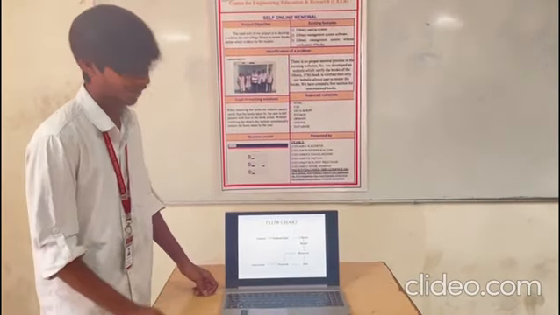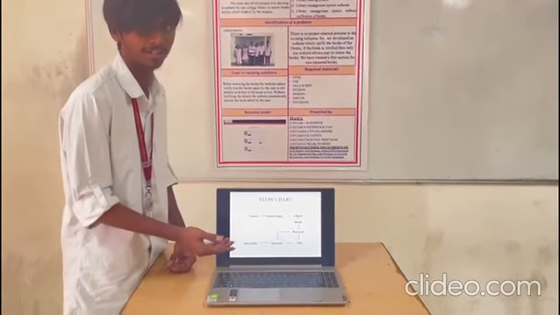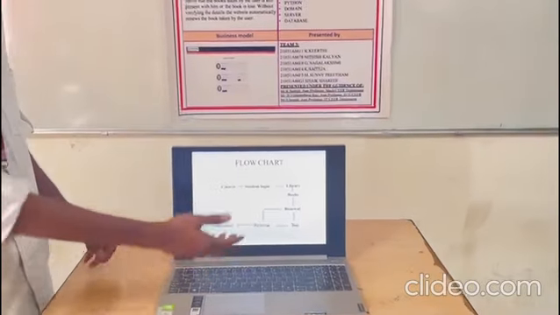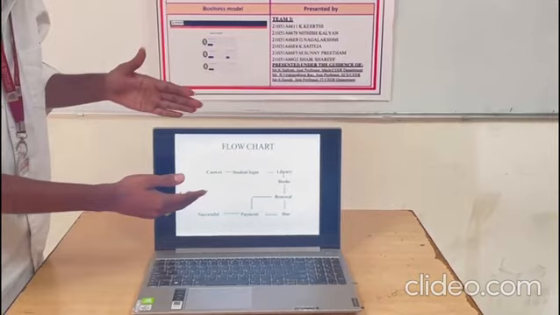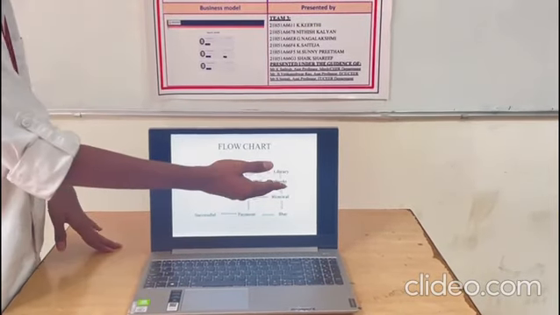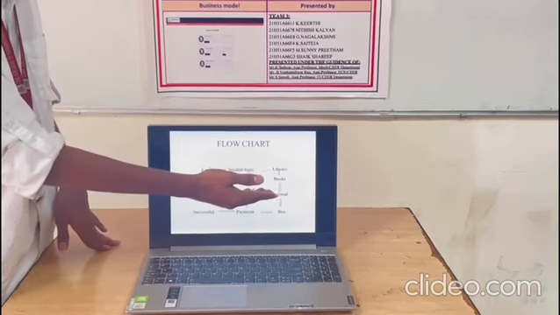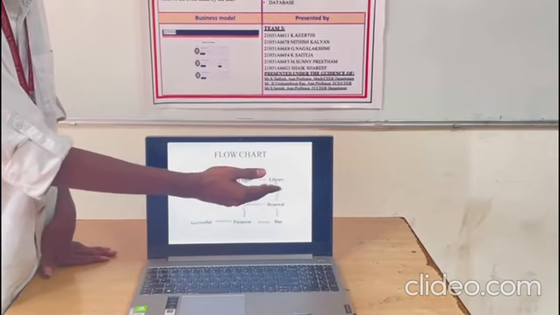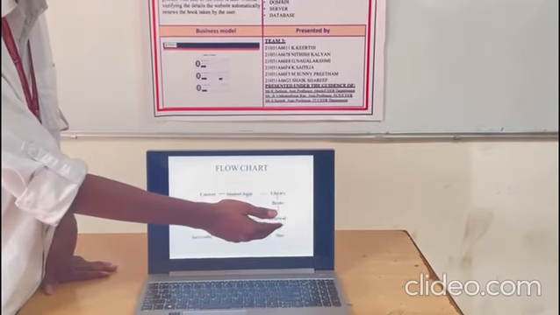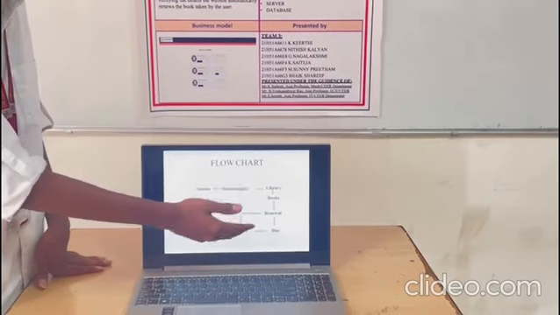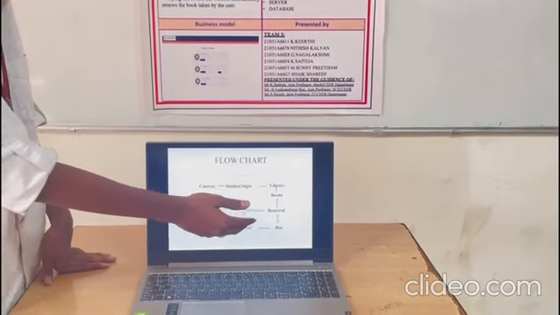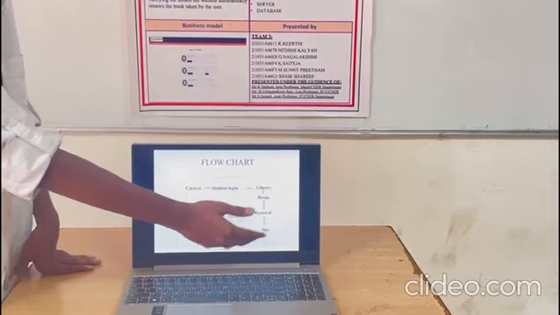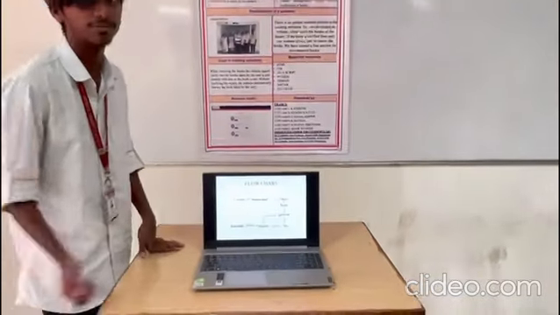The working process of the flowchart is, first we should click on the CMR set login. Next we should log in with our ID, the student login. Next, in student login, we will find the library. After clicking the library, we should open books. If there is any renewal, we should renew our books in the library. Next, if there are any payment issues, we should click on payment in the library book. If any payment dues are there, we should click on the due, and after the payment is done, the payment will be successful. This is our flowchart.